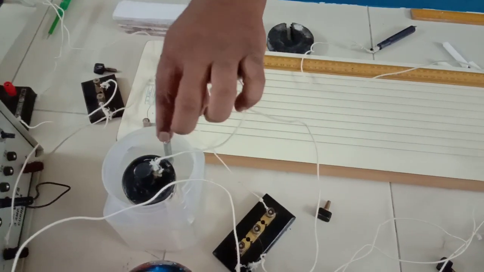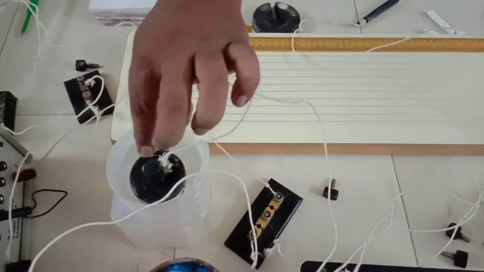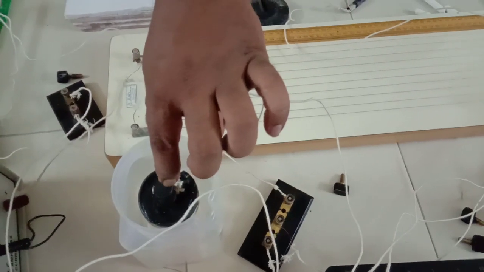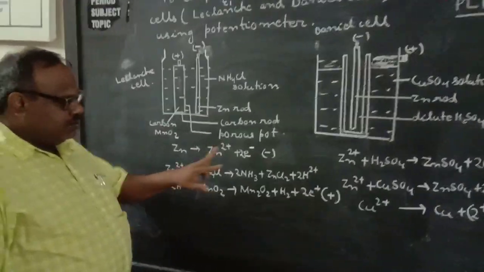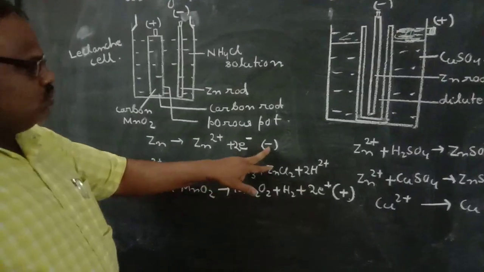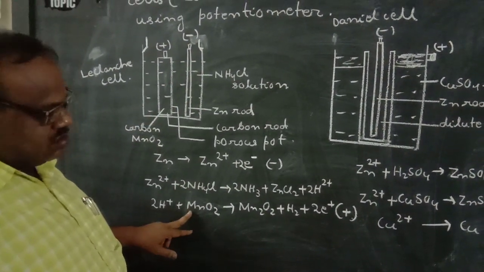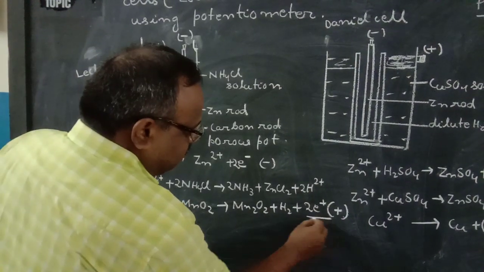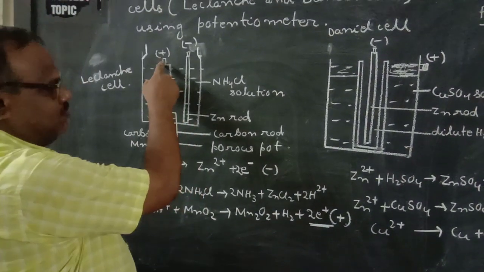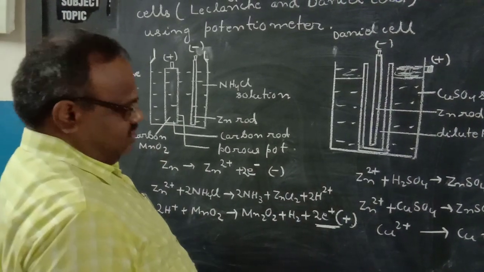And here if you see, this zinc rod behaves like the negative, and this carbon porous pot which we have taken acts as the positive. And this is the reaction inside it. Zinc dissociates, giving 2 electrons, and so it is the negative electrode. And the reaction is like this. This is part of chemistry you have read. And at the last, they will release this positive. So this will act as a positive. And the manganese dioxide will act as a depolarizer.